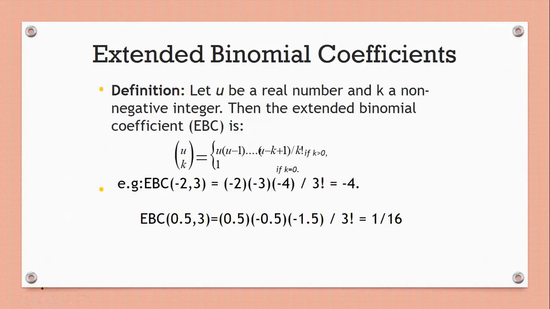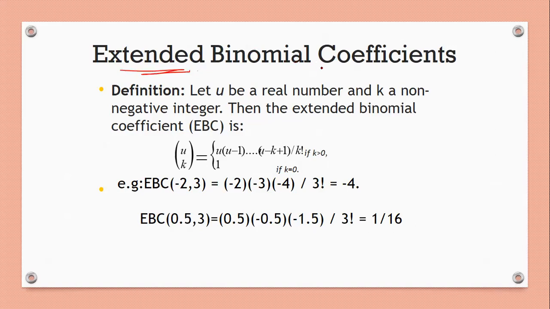Now the next thing is extended binomial coefficients. For extended binomial coefficients, suppose instead of the power being positive, we have the power being negative. To use generating functions to solve our counting problems, we need the binomial theorem. We already have it for positive integer exponents. But what about exponents which are not positive? For that we have this extended binomial theorem.